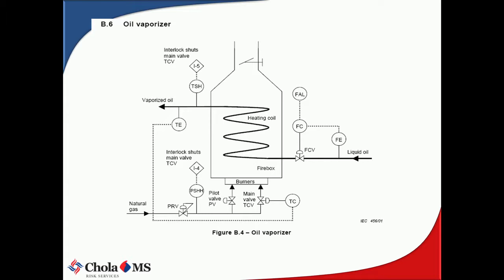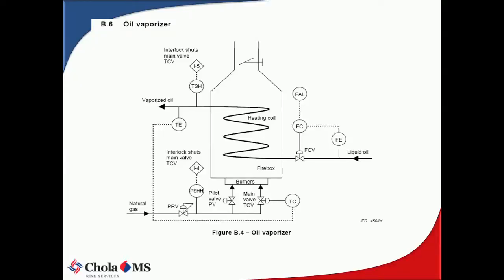Flow control valve. That's for flow. Flow controller, and FAL is the alarm. It senses the flow, and it also controls this. They said that at this much flow, say 5 meter cubed or something, it controls the flow, and in case it goes beyond that 5 meter cubed, it gives an alarm.